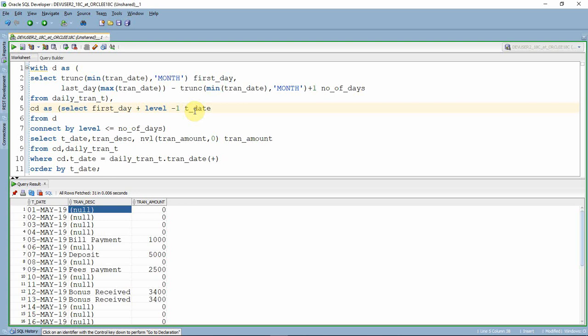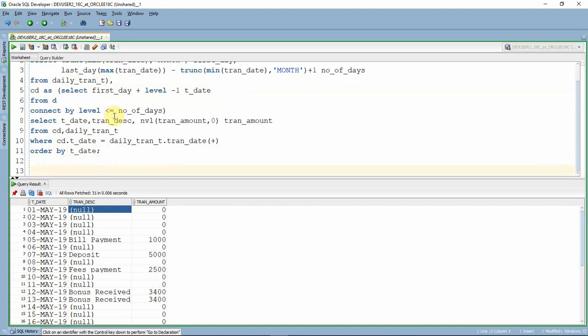Fine. So now the next important thing is that once you have written the query, you need to test the query for all the boundary conditions. See, the testing is equally important to the development. So make sure you test for all the date ranges to check whether your query is giving you the right result as expected. Let us insert one more record into this table so that we'll check whether it is behaving perfectly. So what I'm going to do now, I'm just going to insert into this table